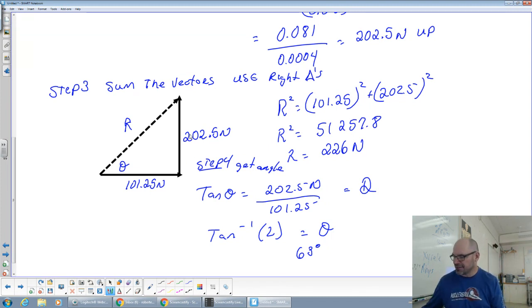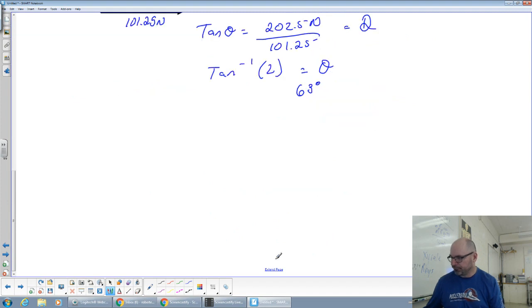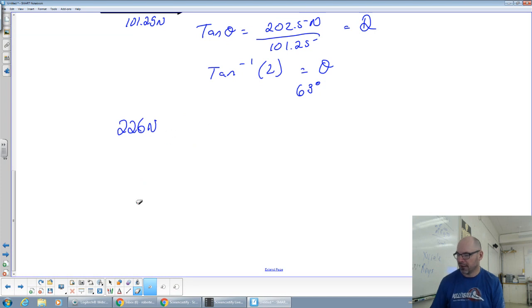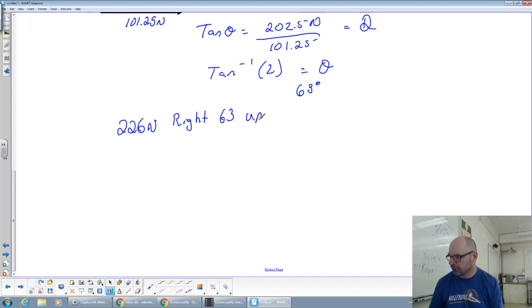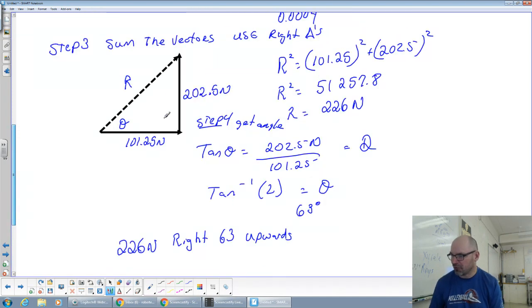above the x-axis. If we can say that this is going to be 226 newtons right 60 degrees up, or 63 degrees above. I guess we should put right first. Okay, so I'm going to write it like this. We're going to go right. Okay, since we don't have any directions, we're going to go right, and then we're going to go 63 degrees upwards. So that means when we're thinking about the direction, we go right, and then we go 63 degrees upwards to